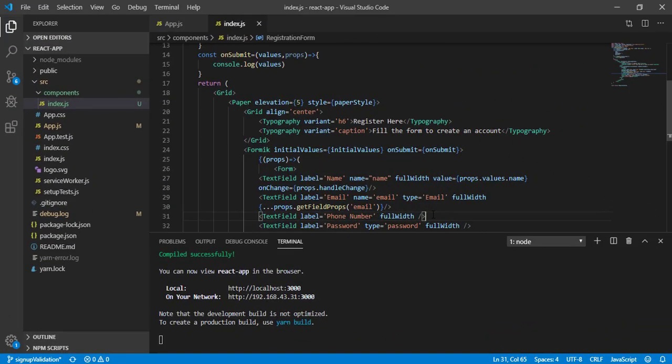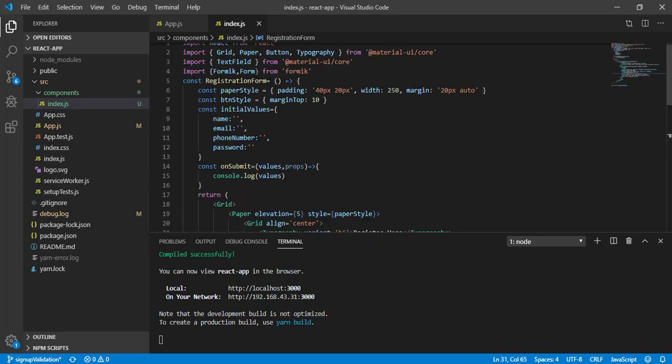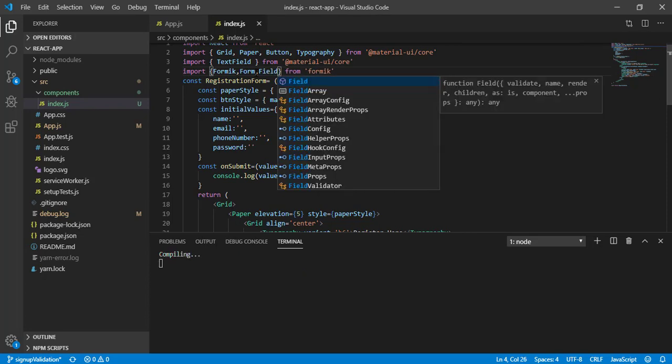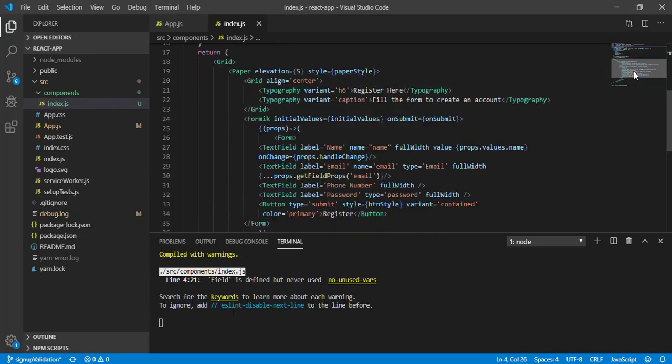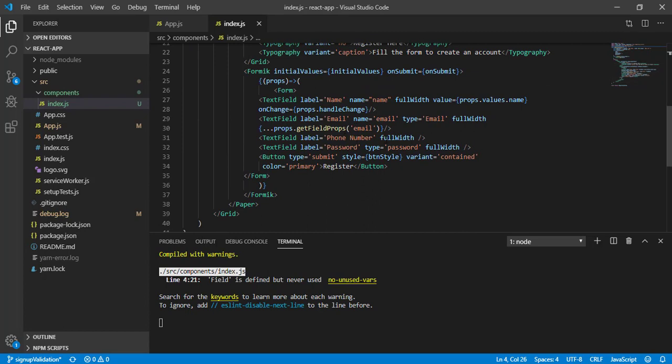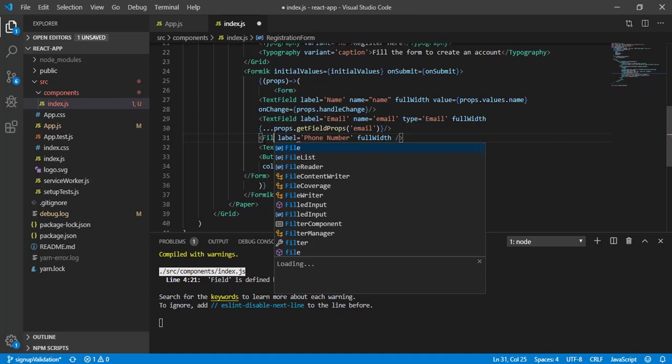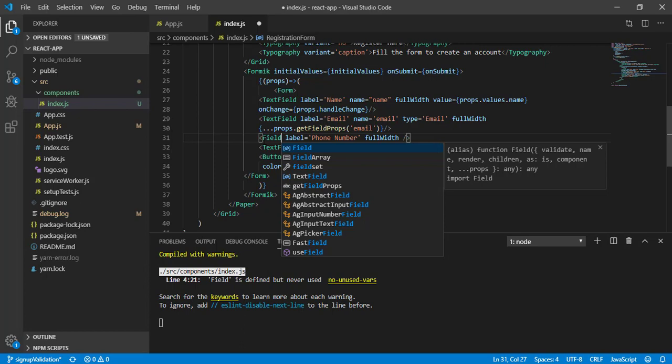Now let's implement the third way, and that third way is we will get a component from Formik called Field. Now let's implement the third way for the phone number. Here I will remove this TextField tag and write Field.